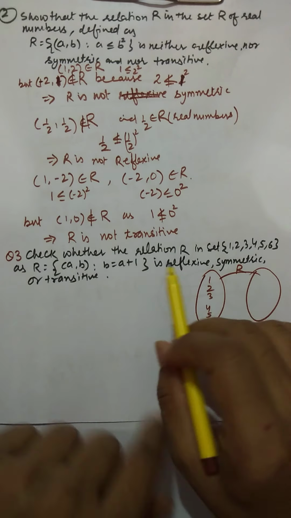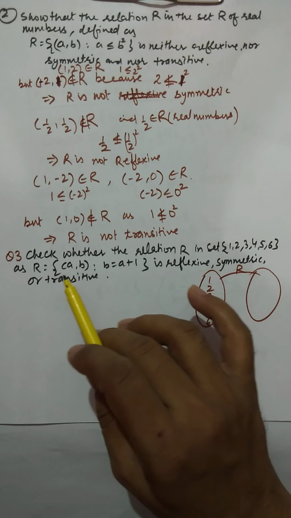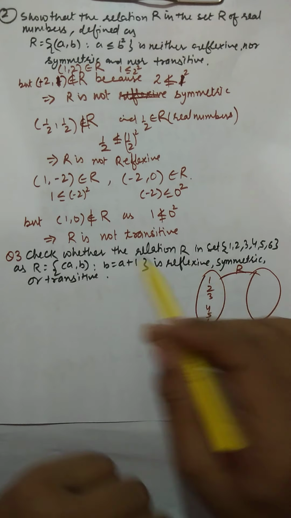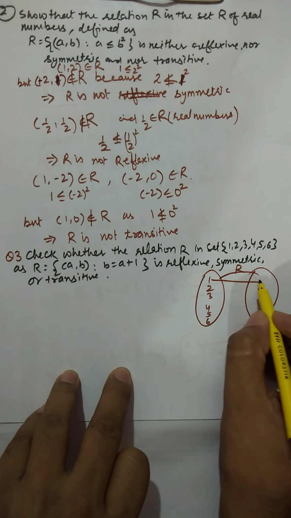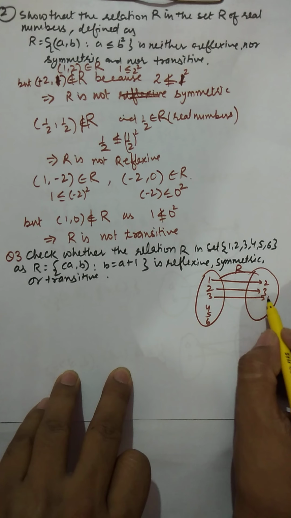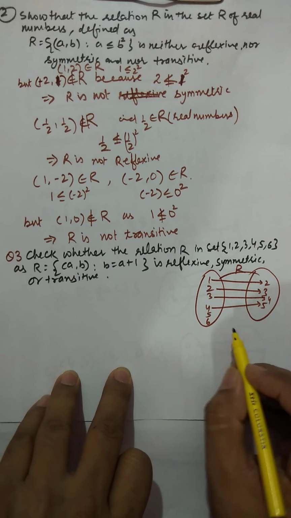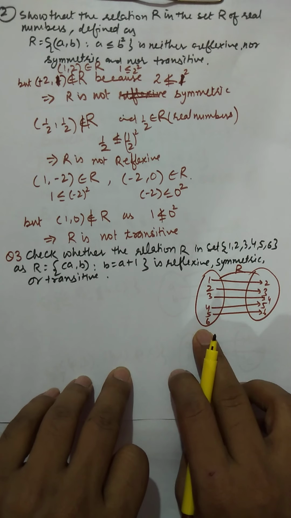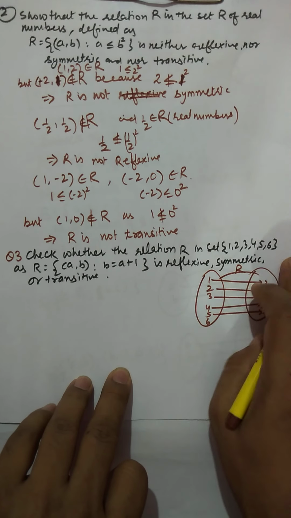This question number 3, we have to check whether this relation R = {(a, b): b equals a plus 1} is reflexive, symmetric or transitive. So 1 will be related to 2, 2 related to 3, 3 to 4, 4 to 5, and 5 to 6. But we cannot go for 6 to 7 because 7 is not there in